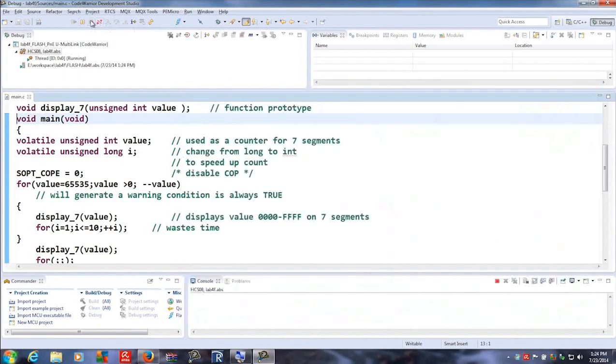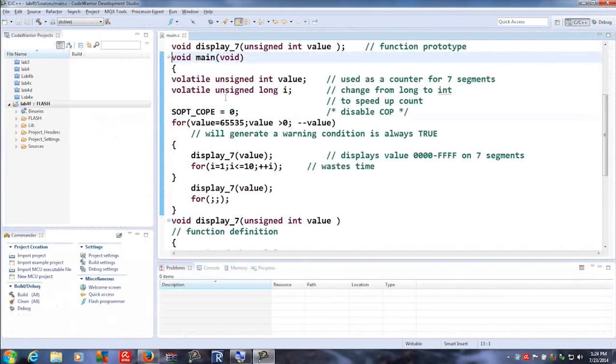Now I'm going to make one last change here because it mentions this in the lab. Let's go back over here, and what I'm going to do here is change this from being a long to an integer. And you had a pretty good idea of how long it took to count down. And the problem that you run into, and let me just do a quick